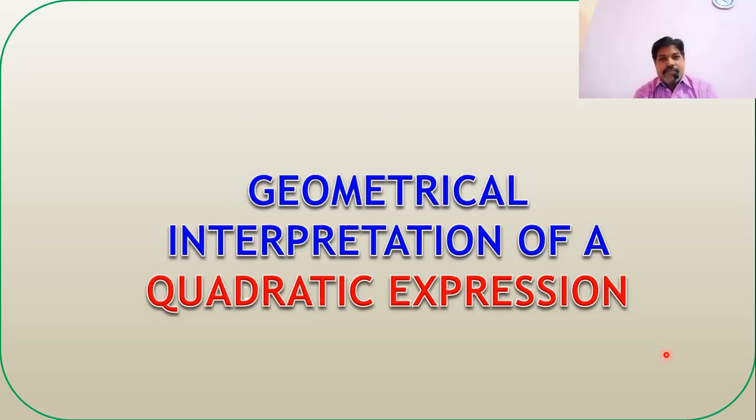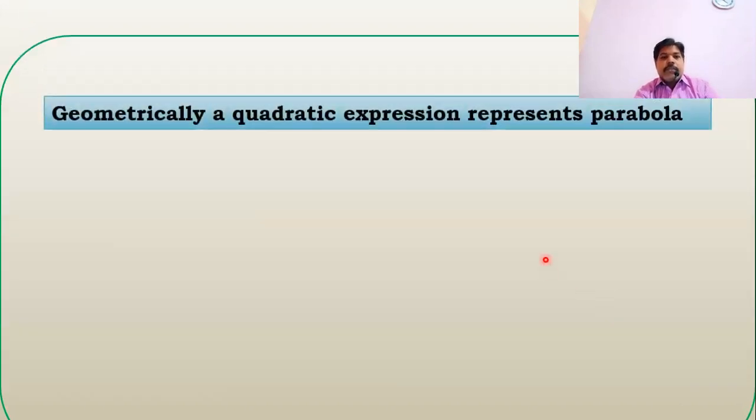You can understand here. Okay, so see here, the geometrical interpretation of a quadratic expression. Generally, ax square plus bx plus c represents a parabola. Geometrically, a quadratic expression represents a parabola. In your first PU, there is a topic called conic sections. In conic sections, there is one topic, that is the parabola. At that time, we will explain why it represents a parabola. Just understand here, a quadratic expression represents a parabola.